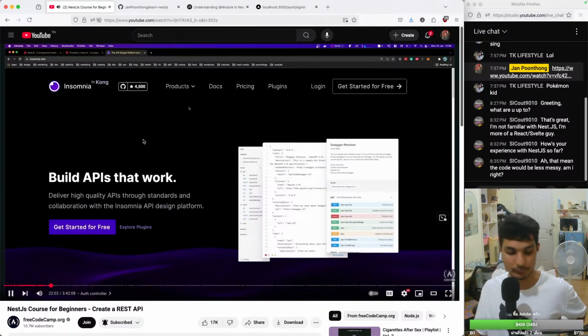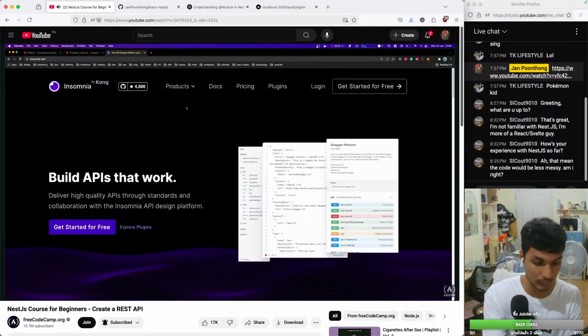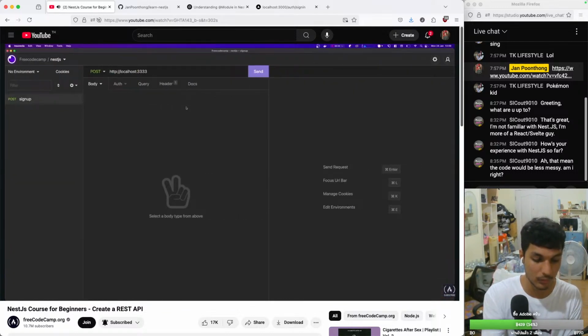Insomnia is an HTTP client similar to Postman. You can also use Postman if you are used to it. Insomnia is just a bit more minimalistic and easier to use. So let's go ahead and test our endpoint. And if you remember, our auth controller was on the endpoint auth, sign up, and